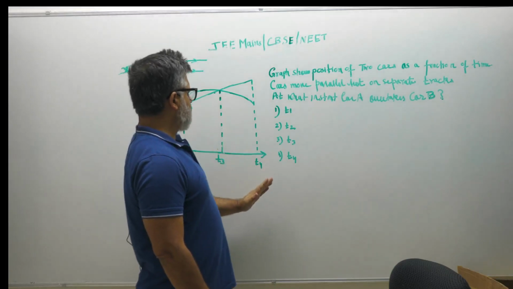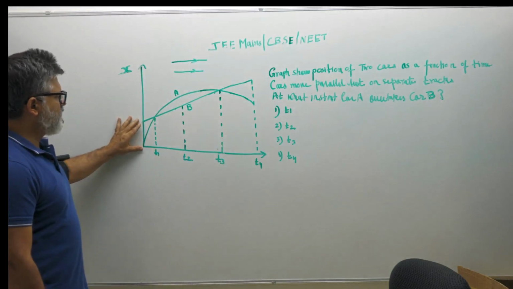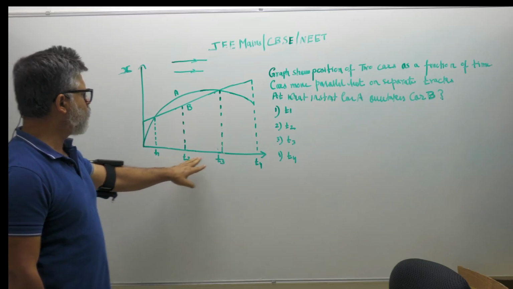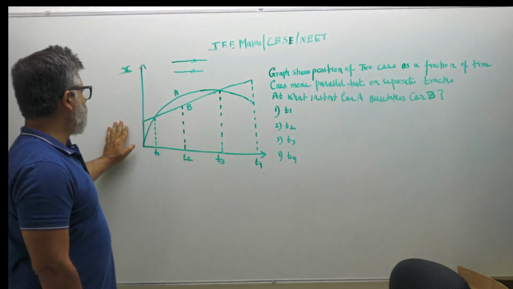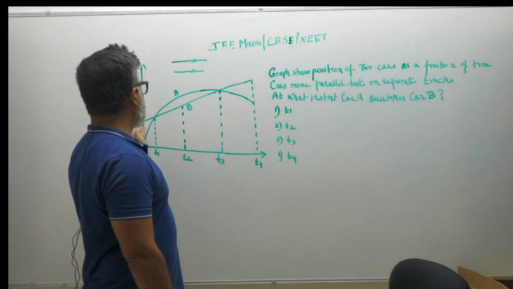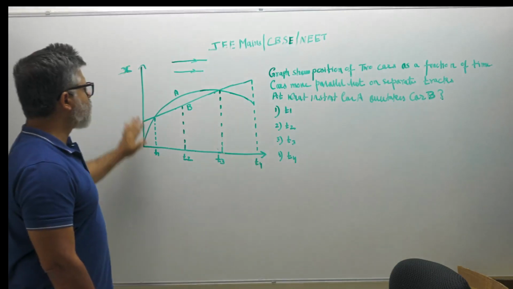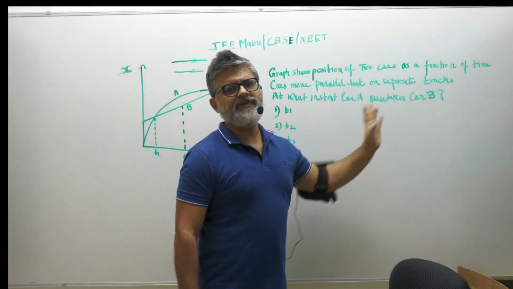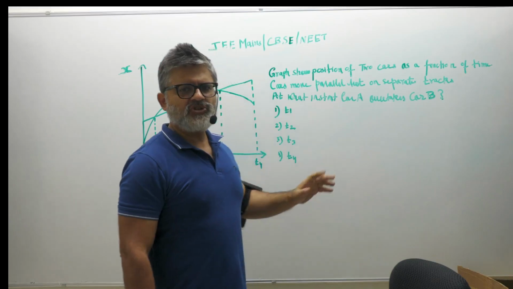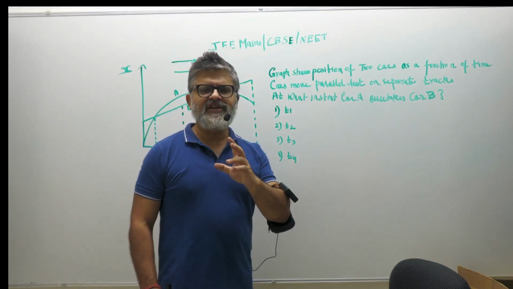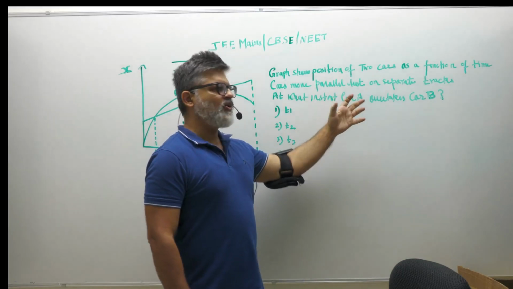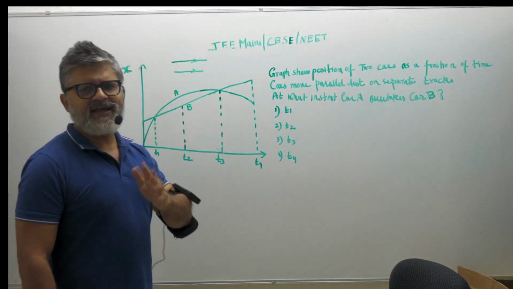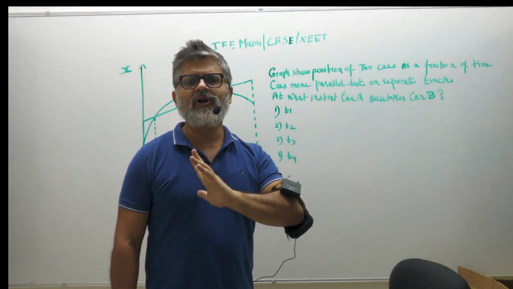The key times at which the position is important are T1, T2, T3, T4. Although the position is known throughout the time, and you can see the graphs being drawn. The question is, at what instant does car A overtake car B? That's the question. So you should be able to read the graph very carefully and understand what it means to overtake. Let's see this question, and I will give you an explanation. I can give you an answer in 2 seconds, but we will worry about the explanation.